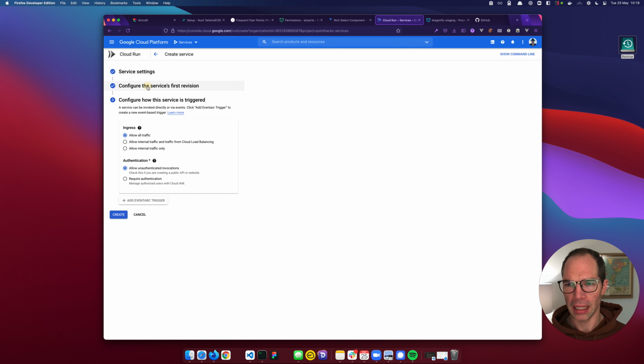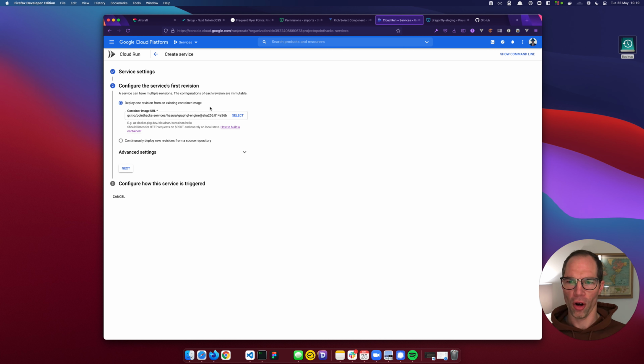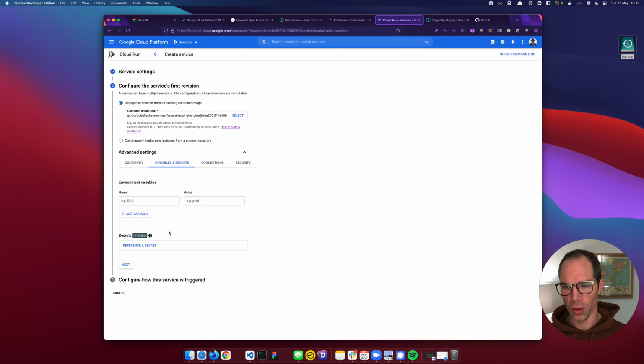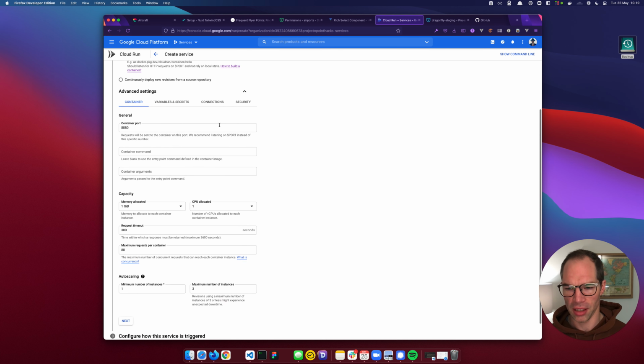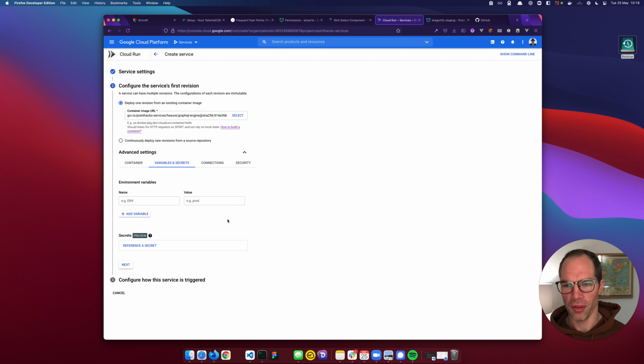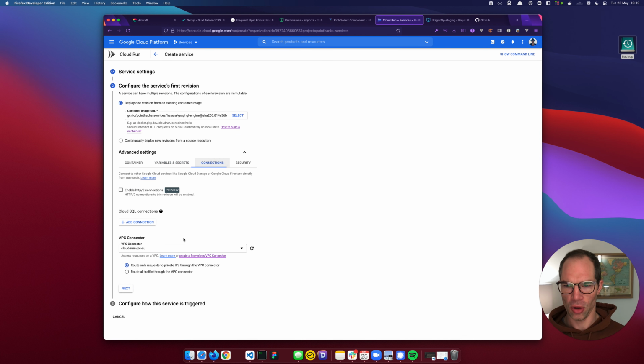So that's basically it. To go through that again, you have service name and you choose your region, and then from here you need to choose your container image. To do that, you can just do that through pulling it down and pushing it up. And then if you want to keep it running all the time, which in most cases you would want to, you would set a minimum of one and then a maximum of whatever you're comfortable with. Leave these the way they are. Add your environment variables just like you would on Hasura Cloud, and your SQL connection. If you go through a VPC connector, then you can just use the internal IP address that you get given